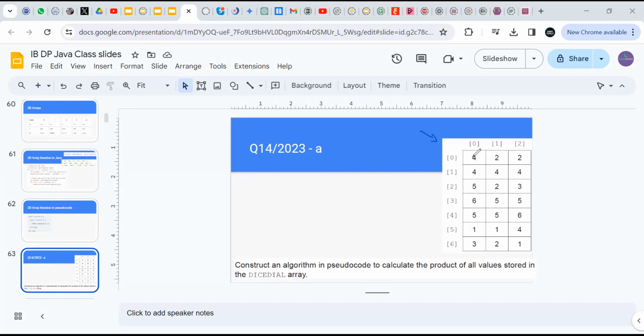It means that they have actually 7 possible values for a dice, and they do that for 3 times this way, and then they want you to construct an algorithm in pseudocode to calculate the product of all the values stored in dice dial array. So they call that array dice